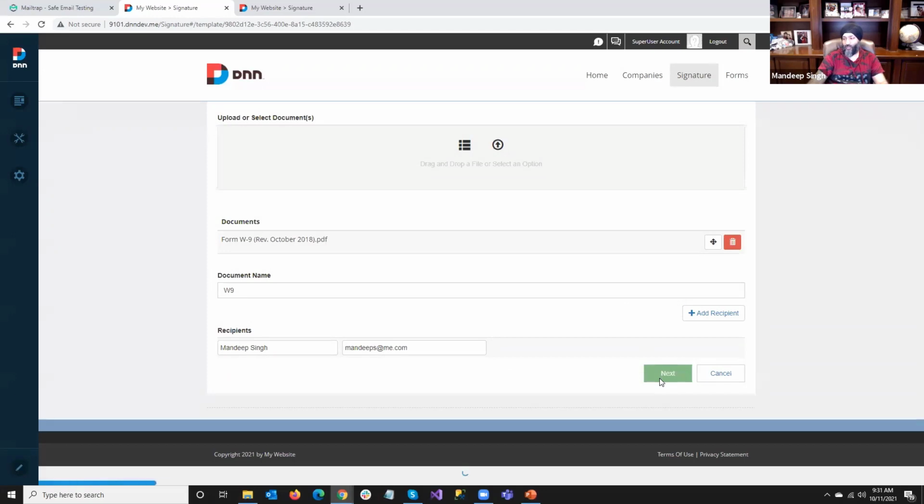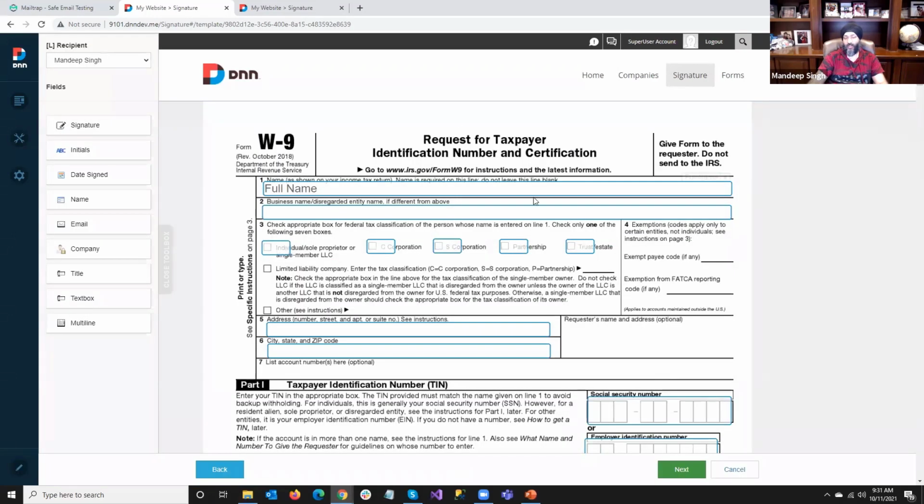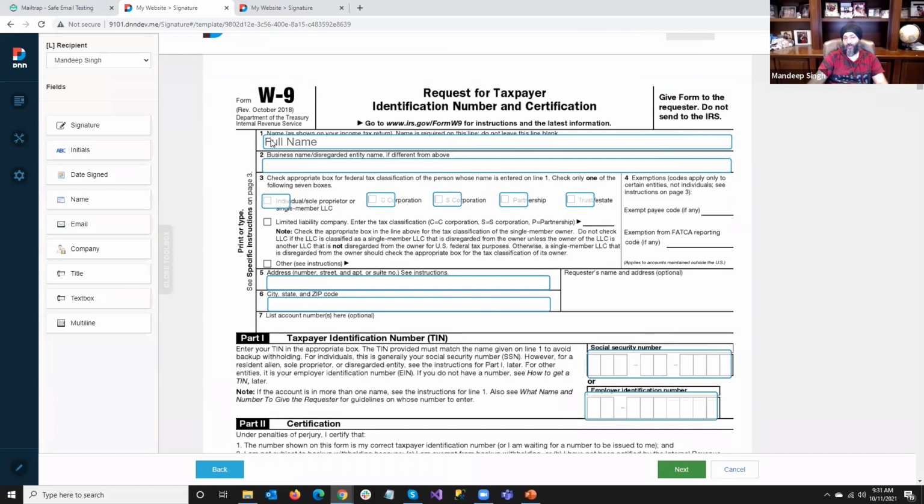So I've already created this template. Again, the same process we just followed. And here's a W9 form. I'm asking for a full name, a business name, and so forth. Notice this field here is just a name field, but the next one, I dragged a text box, a normal text box, and I called it business name. I gave it a label called business name. I am saying that this is a required field, so the user must have some data. But I'm also saying it's read only, which means I don't want the user to actually type it in,